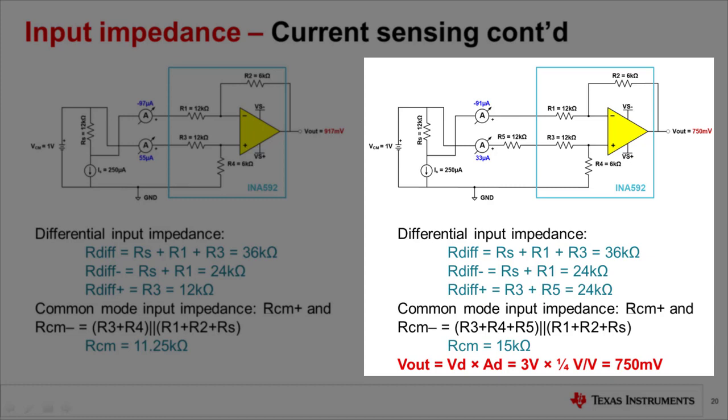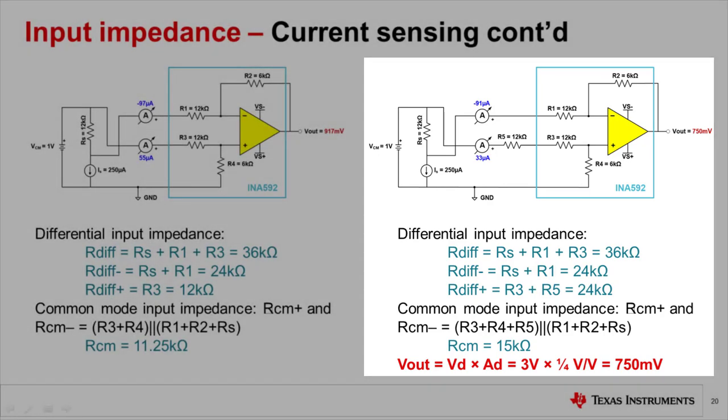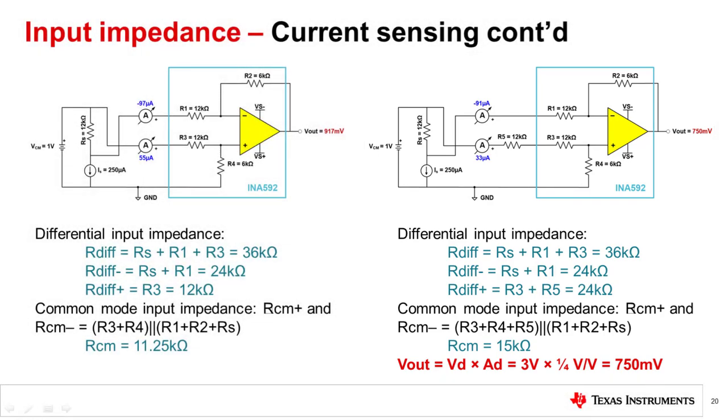You'll notice that the output is 750 millivolts. That's because by adding that resistor, we have changed the gain of the circuit to be 6 kilo-ohm over 24 kilo-ohm, or 1/4. It's important to note that the internal resistor network of this INA592 is ratiometrically matched in order to achieve gains of 1/2 and 2. The absolute value of these internal resistors may vary up to 15% in either direction, depending on process. Keep this in mind when you are relying on absolute values to determine the fifth added resistor. Calibration would likely be required to achieve very high precision.